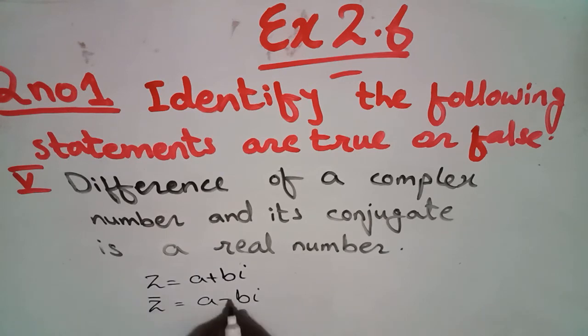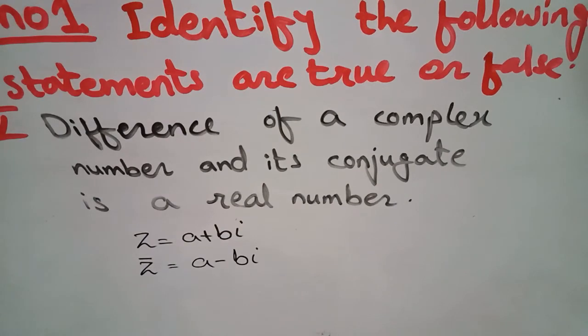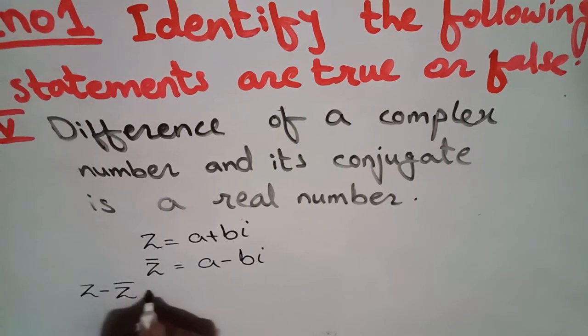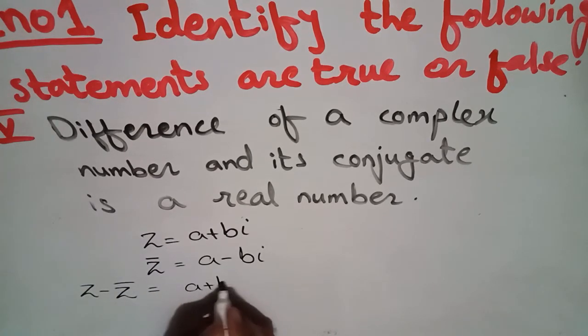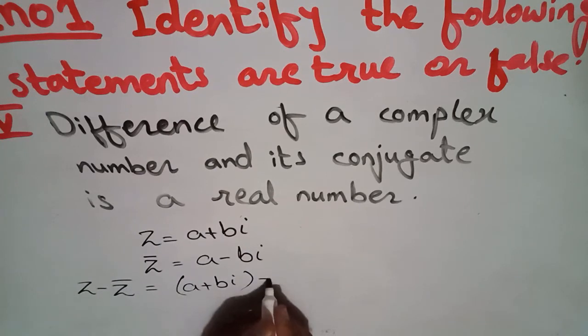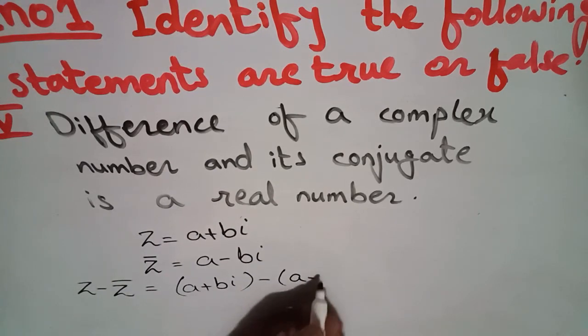By the bar we can change the sign of the complex number, and he is saying that the difference of a complex number and its conjugate is a real number. So we have to find whether it will be real or not. The difference can be seen as z minus z bar is equal to a plus b iota minus a minus b iota,